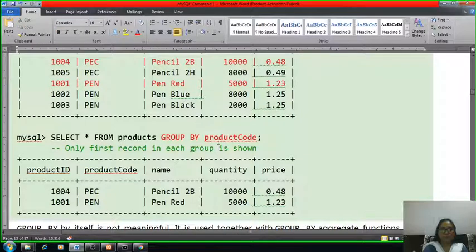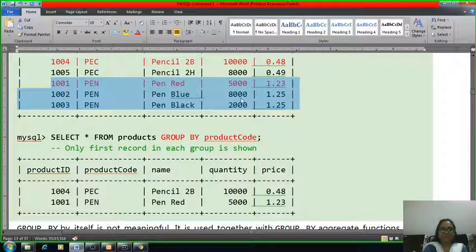So because of product code, what happens? We will combine the records into two groups, and only the first record in each group is shown. Suppose this combines these two records, it will display only the first record, that is 1004, and from the other grouping it will show only the record 1001.